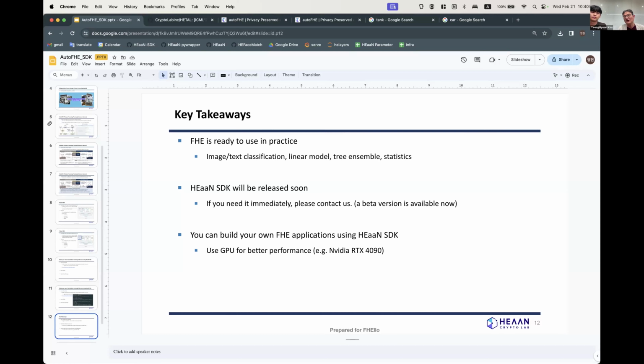If you add more images, then the time should be longer. But since our AutoFHE service uses Google's Vision Transformer, which already shows very good performance with small data sets, you don't need to train, for example, millions of images, because all the basic things are already trained in the Vision Transformers. It is also the same for the text classification case. There are many great transformers for image classification and text classification that you can utilize. Okay, very cool.